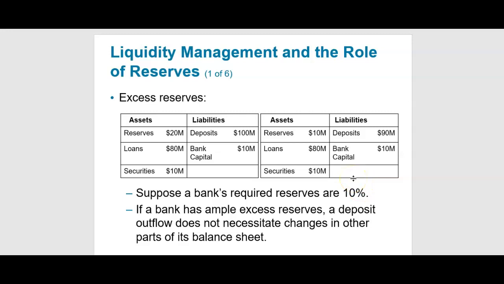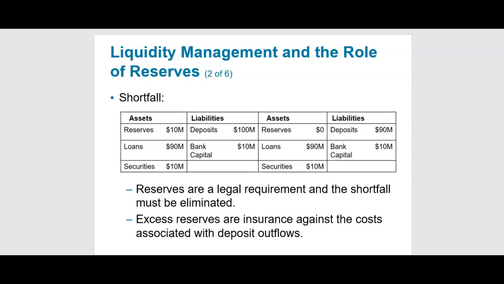Now, say that I had a withdrawal of 10 million. Okay, so I have a withdrawal of 10 million. I have 90 million in deposits, 10 million in capital. So I have all in all 100 million. I need to keep 10 million because that's the 10% in reserve. I have the 80 million in loans. I have the 10 million in securities. I'm still fine with this one. So I had the reserve, I was able to satisfy the withdrawal, and I didn't have any issue. So the liquidity management in this case used the excess reserve that they have, and they didn't have to panic about it. The problem becomes if I have a shortfall.